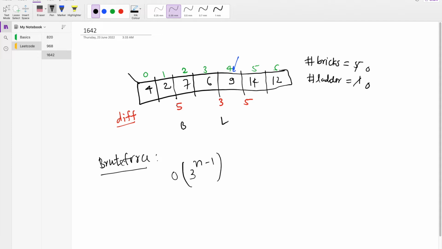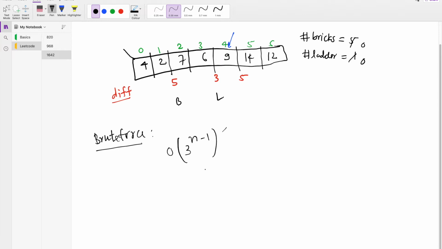Let's think about some optimization. In this approach, we have three options, but when there is an increase in height we have only two options: bricks and ladder. So if you think of dynamic programming here, because it's a recursive solution, we can either use bricks or use a ladder. So if we try to write the function, let's say the function signature would be something like